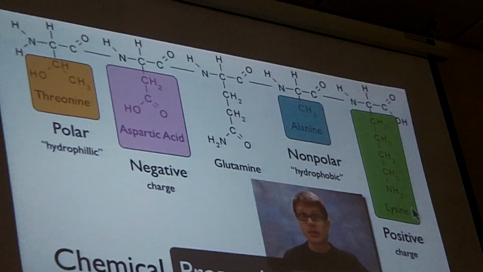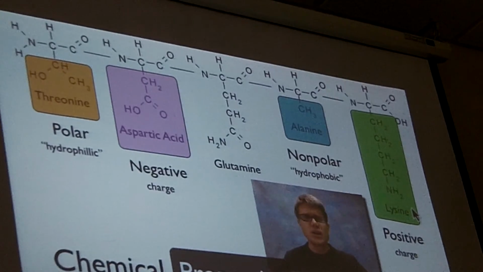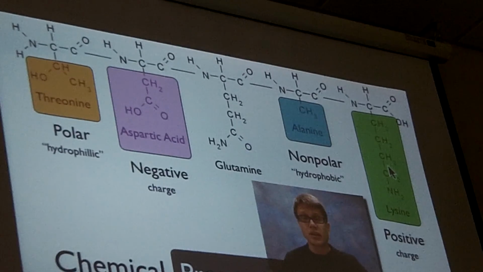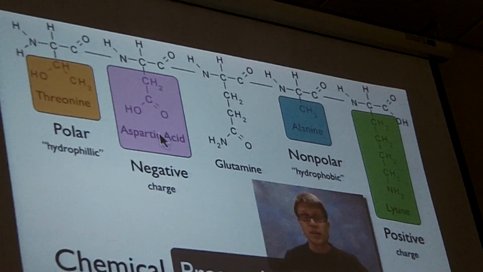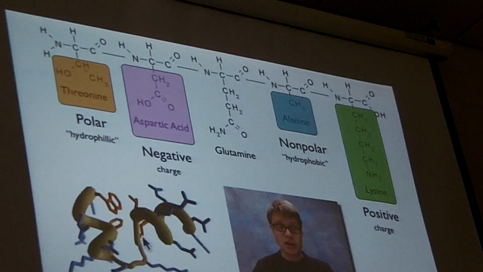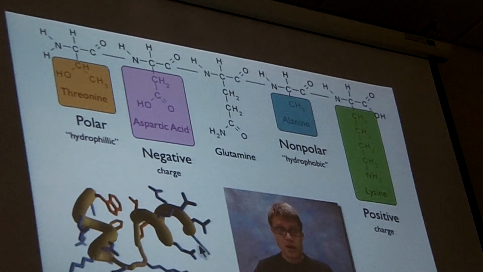Or if we look at the aspartic acid, it's going to have a negative charge, and if we look at the lysine over here, it's going to have a positive charge. And so these 2 amino acids are found in the same polypeptide. They're going to try to get next to each other because the positive and the negative are going to attract. And so what you end up getting is a 3-dimensional protein. The middle part, this brownish tan part in the middle, is going to be the backbone, and that's going to be, again, made up of